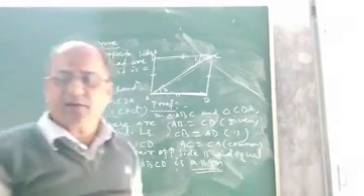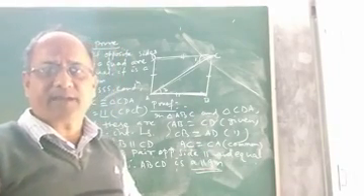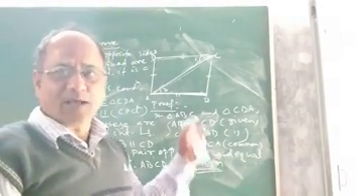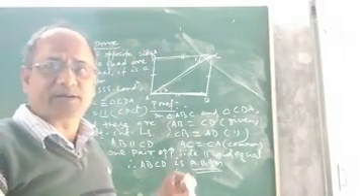So in this way we came to know that in a quadrilateral, if both pairs of opposite sides are equal, then it is a parallelogram. Children, I hope you understood how to prove this particular geometrical truth.